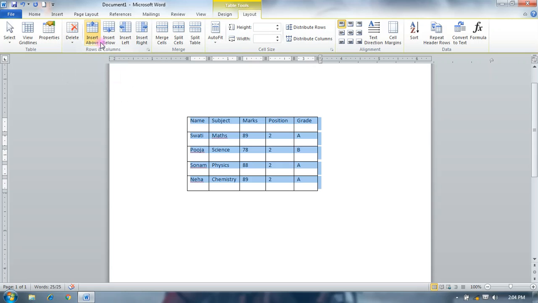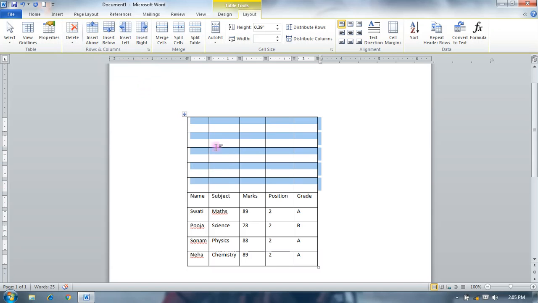Insert inserts an entire table at your table, above and below, like that. You can see this. There is another table created above our existing table.